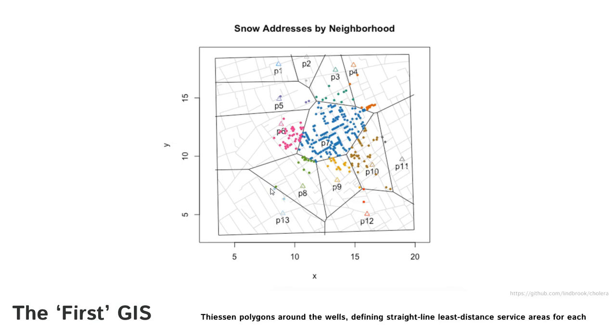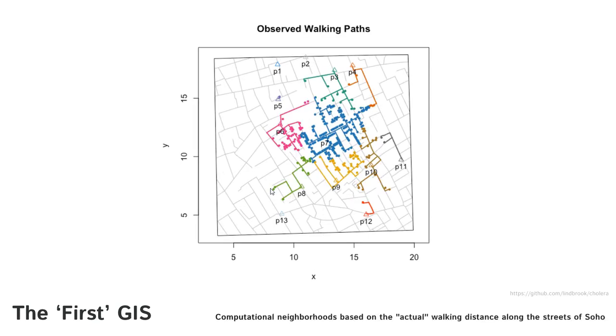So P7, which is the blue points here, those all share what we could call a neighborhood. Or same difference between what we would consider to be an actual walking distance. We can see that we have neighborhoods, and again, P7 here is a neighborhood. All those blues, they're sharing a commonality in the space itself. And so the walking paths really reflect what John Snow was finding also. So we're just testing it in a modern GIS, and in fact, we can show that his results are very valid